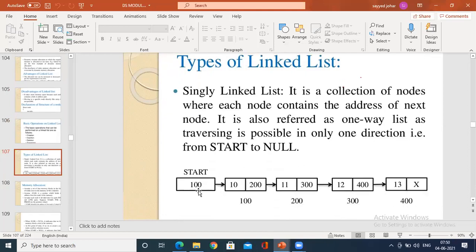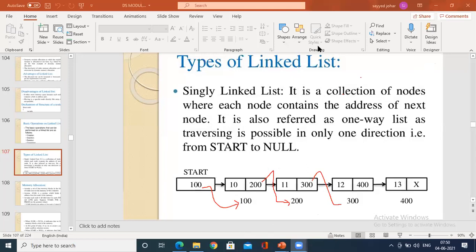So this is the start, see 100 initially, so it refers to the address. See what you have, you can see the structure, this 100 is over here, right? So the address comes over here, so this comes over here. So we'll see that logical part of it. So today is just an introduction.